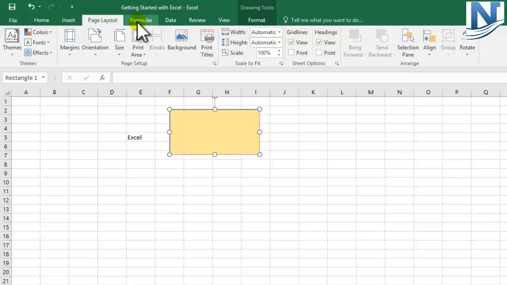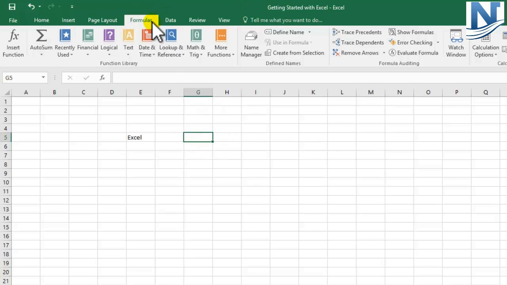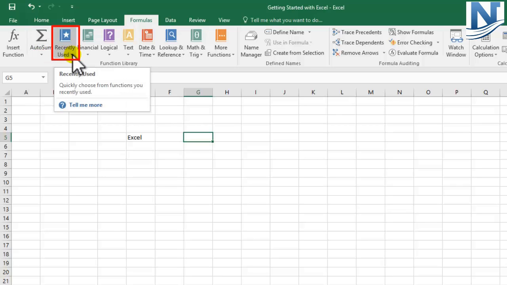Coming to the next tab, we have formulas. Okay, so I'll just delete this shape. We do not require it. Now, when do we use formulas? So if you have a lot of numbers and you want to analyze something, you want to use different formulas, you can come to this specific tab. Okay, so AutoSum formula. AutoSum generally means that sum is wherein you add something. AutoSum is a direct function of Excel which will help you to AutoSum whichever numbers are present in your Excel sheet. You can also have recently used formulas.